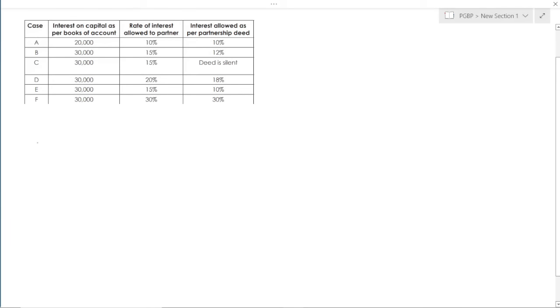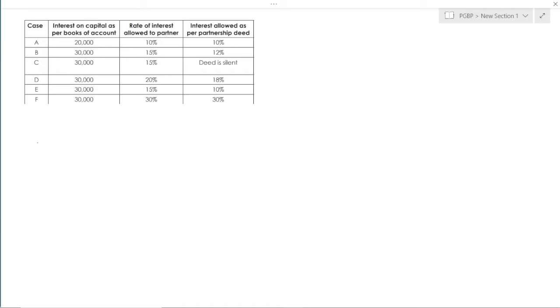They said interest on capital as per books of accounts is 20,000. Rate of interest allowed to partner is again 10%. This is allowed, that means actually paid. Interest allowed as per the partnership deed is again 10%. So as per deed 10%, and paid also 10%. So when we think,